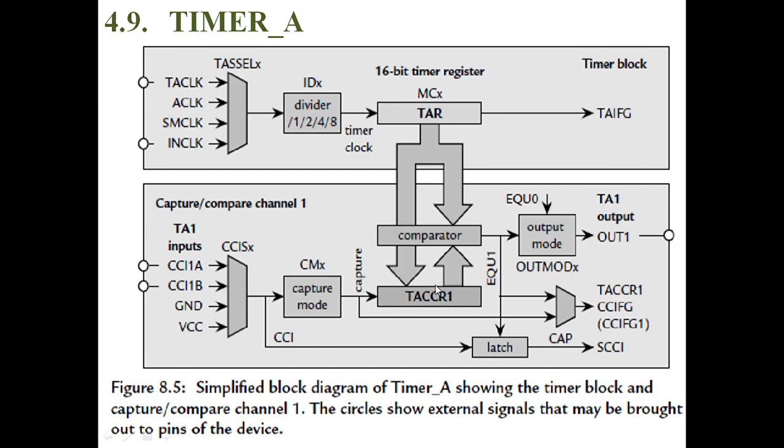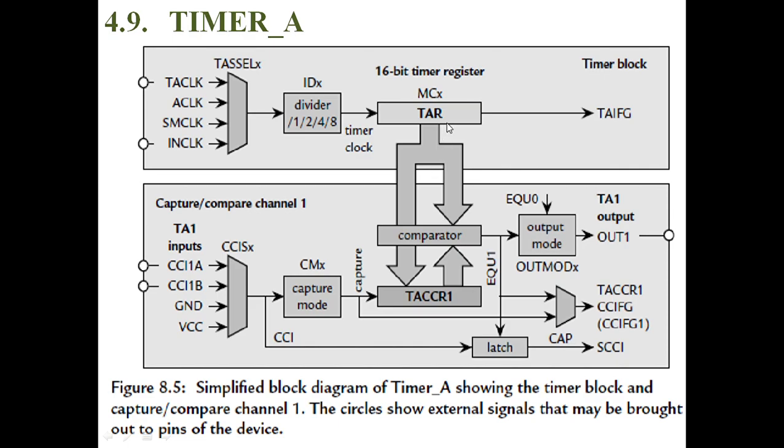Here, first we load the desired value in the timer A capture and compare register by enabling the capture mode. Whenever you give 1, the capture mode value becomes 1. Capture means recording the current time. So the timer A capture and compare register contains the desired count value. The timer A register captures the current value, and each time it compares with the timer A capture and compare register.